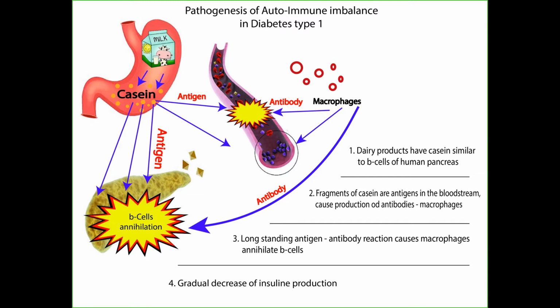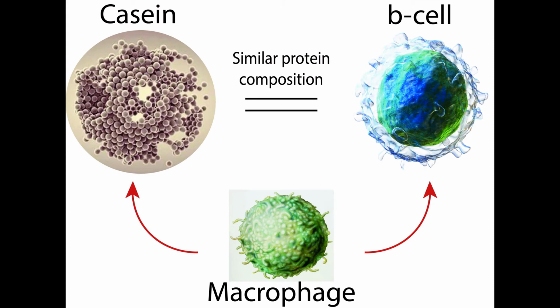The structure of the casein protein and the beta cells of the pancreas are almost identical, and the immunity cells, as they were built to destroy a specific code of protein, begin to view the invaders and their own body cells as one and the same alien substance. As a result, the beta cells are destroyed by our own macrophages, causing the endocrine condition. It does not happen overnight, and people who have it may not know about it for a long period of time, sometimes years before they find out.